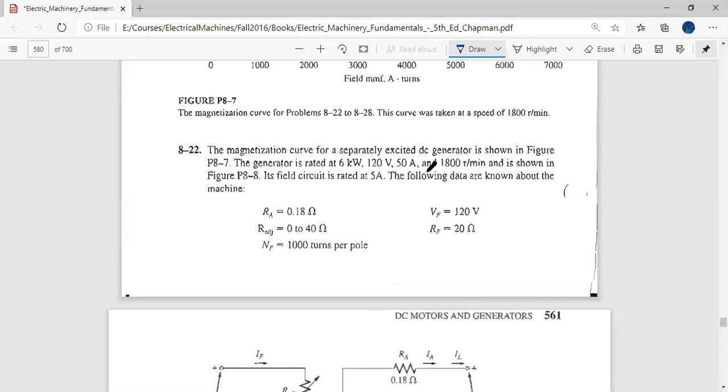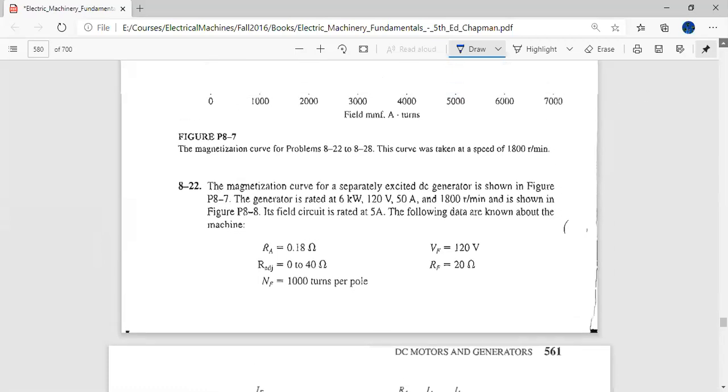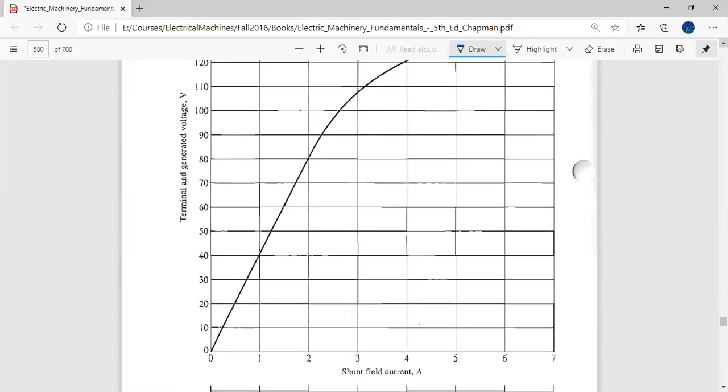So things are simpler because in a separately excited DC generator, the field circuit is completely different from the load circuit or the armature circuit. The figure is shown in 8.7, and the figure is not for the separately excited generator, it is for the magnetization curve. So this is the magnetization curve, and as we are familiar with it,